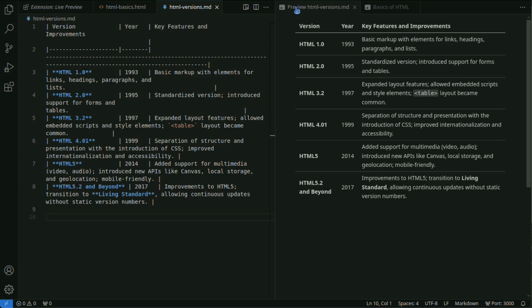HTML 5.2 is a version of HTML recommended in 2017, and is an improved version of HTML5. Since HTML 5.2, it is continuously updated as the HTML Living Standard, rather than having a static version number. HTML has evolved through these versions, developing into more flexible and powerful web technology.